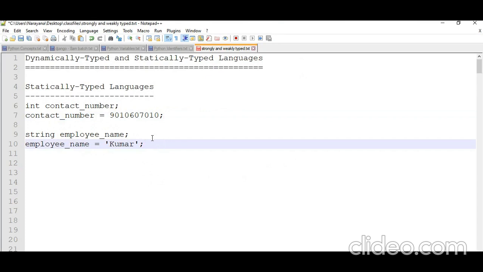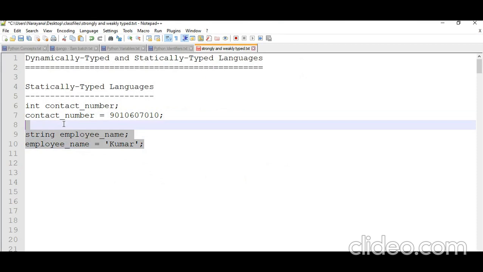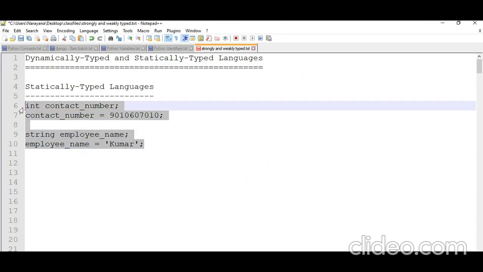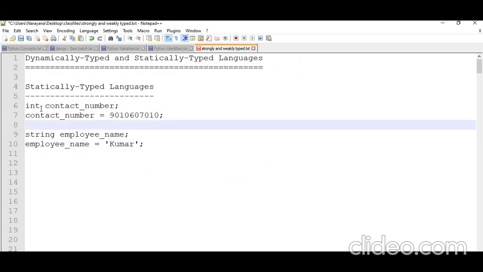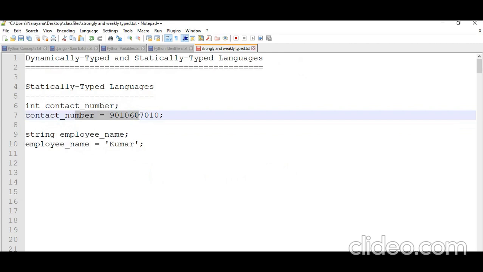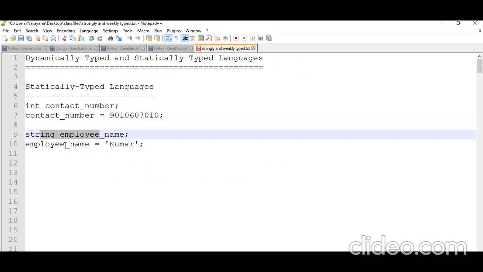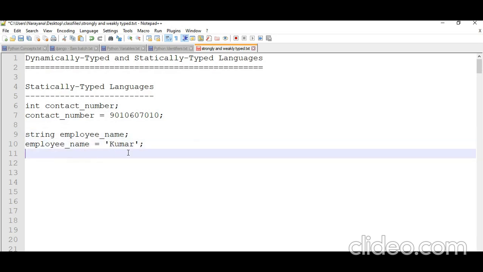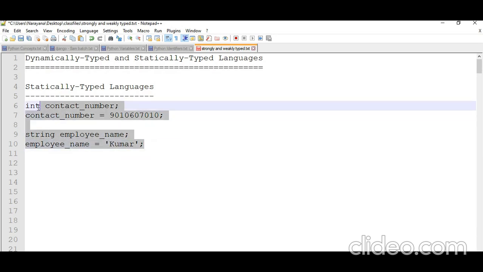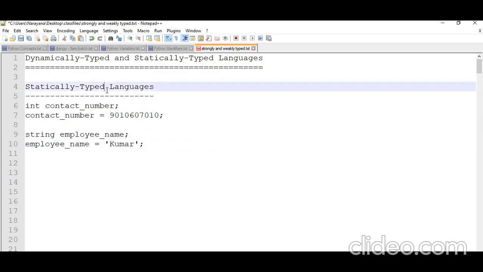If you write variables like this in any language, first defining the data type, then assigning the value, that is called a statically typed language. If you use this format of variables in any language, that language is called a statically typed language.